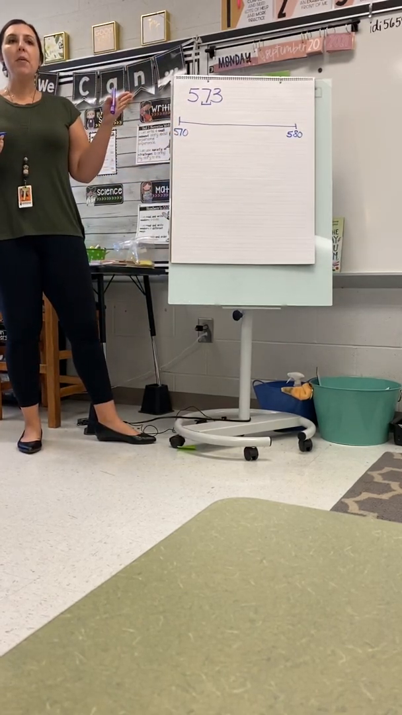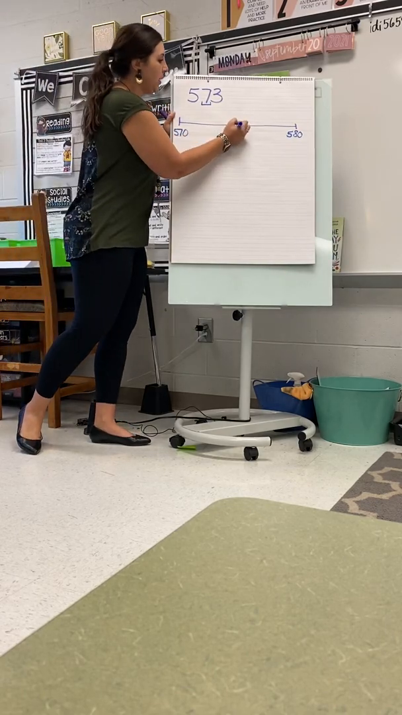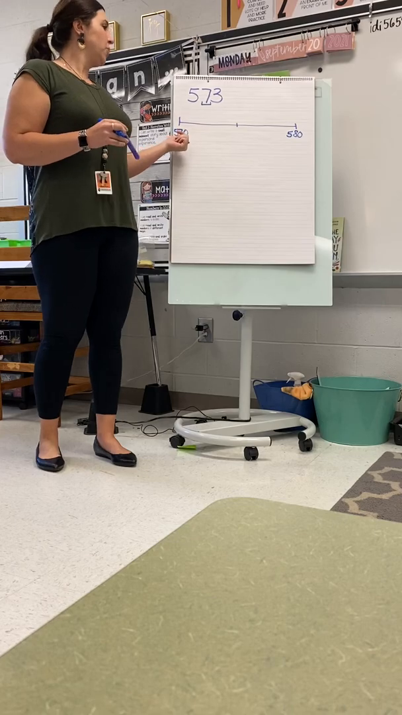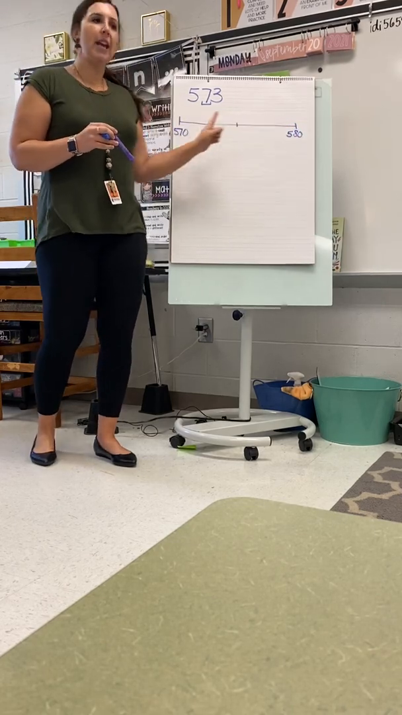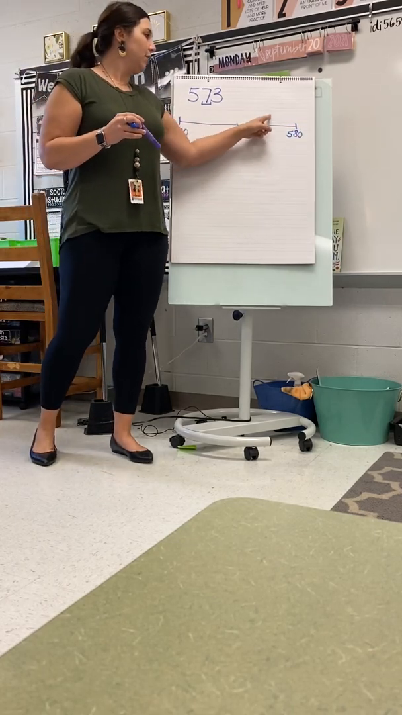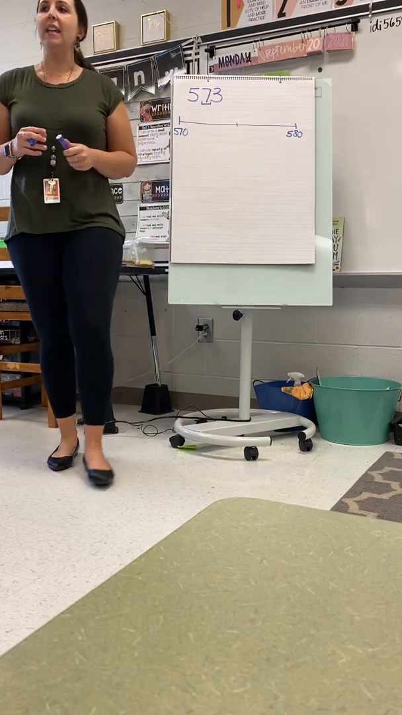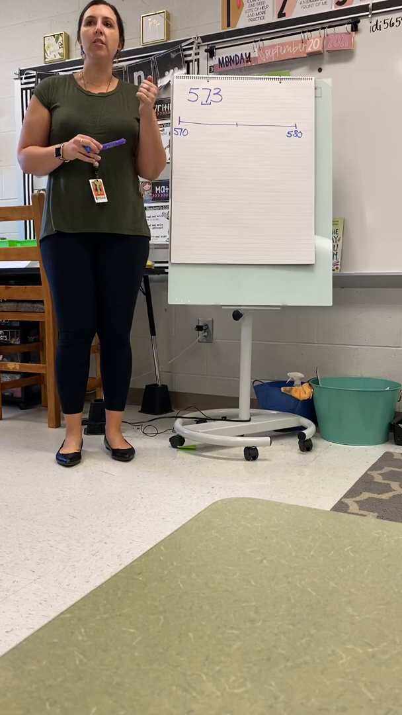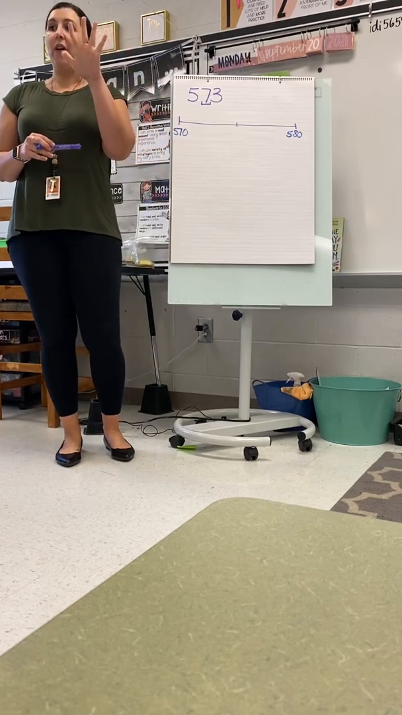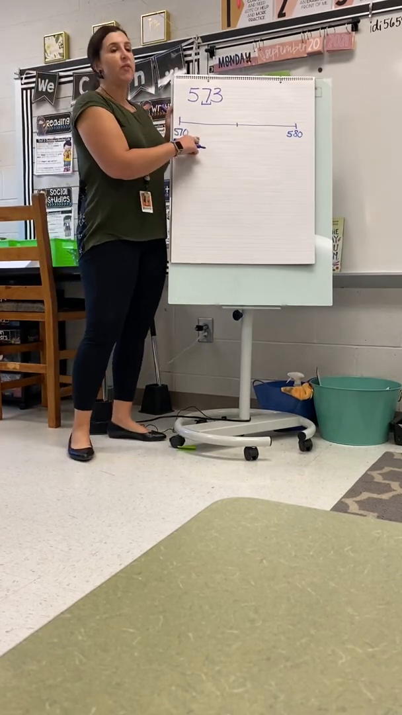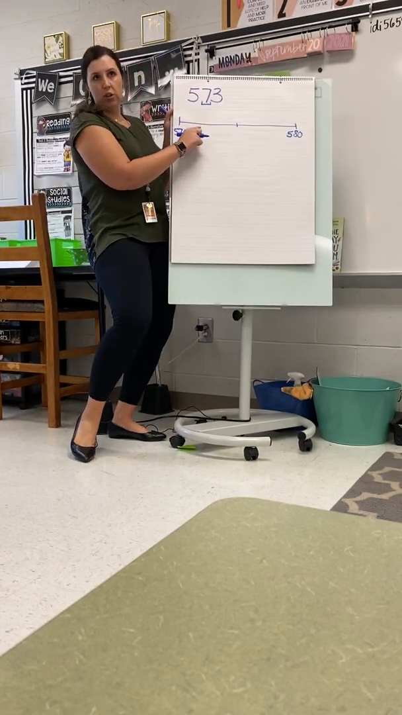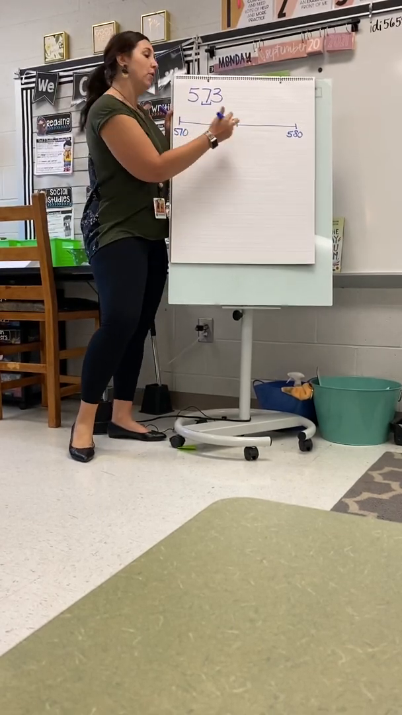Now, does anybody remember how to find the halfway mark between these two numbers? What's half of 10? Between 570 and 580, there would be 10 little dash marks for 10 numbers. So what is half of 10? Show me on your fingers. Okay, 5. So half of 10 is 5. So instead of this just being 70, this would be 571, 572, 573, 574,